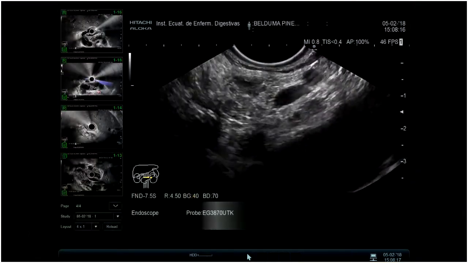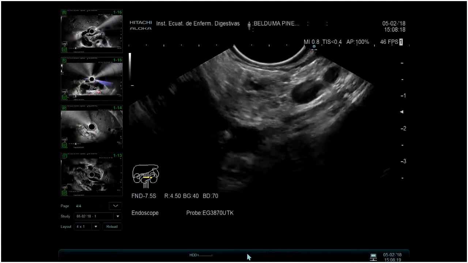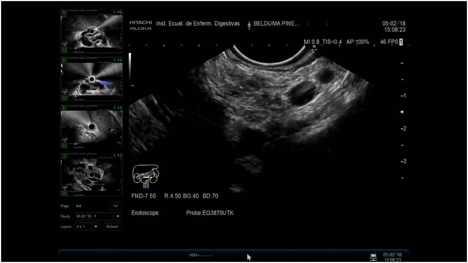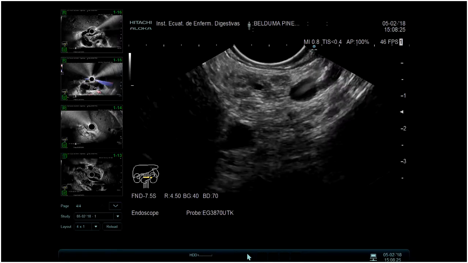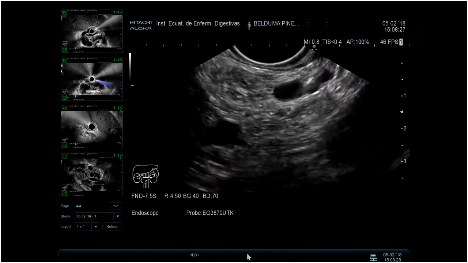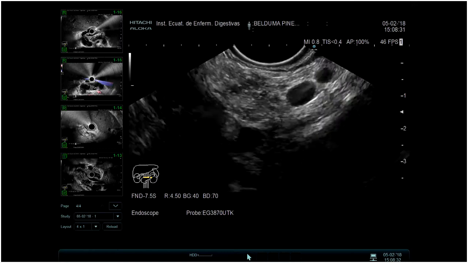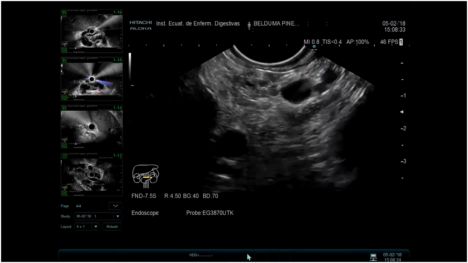CT scan finding of pseudocyst, pancreatic pseudocyst in the head of the pancreas. However, this patient was sent to us to be evaluated for this pseudocyst and to perform a drainage. But we have several things that we need to analyze before we determine if this patient